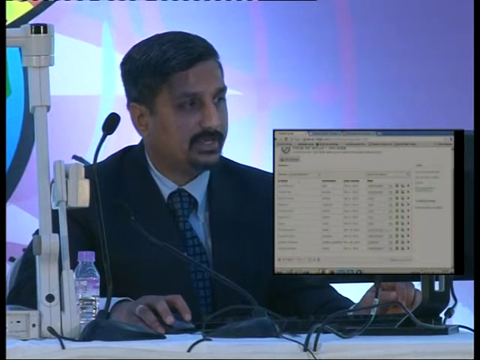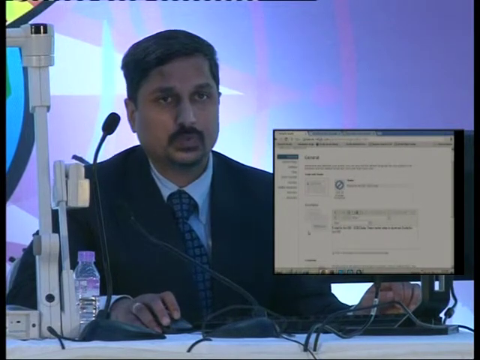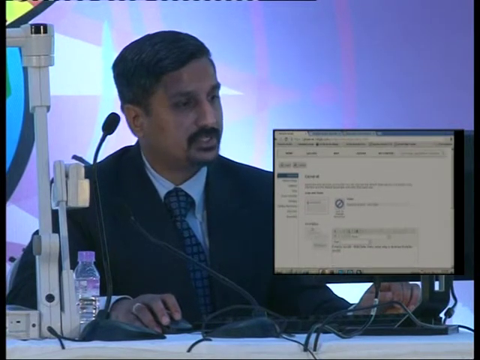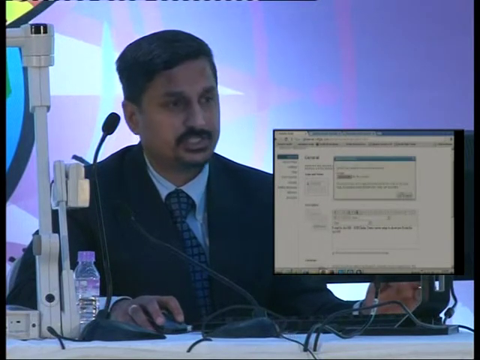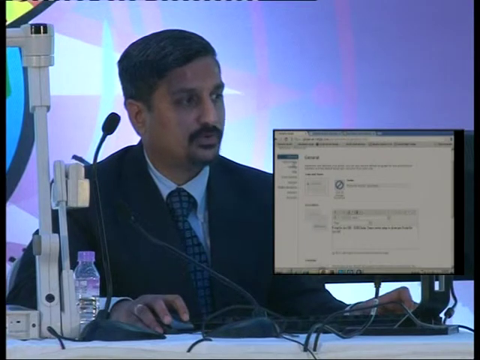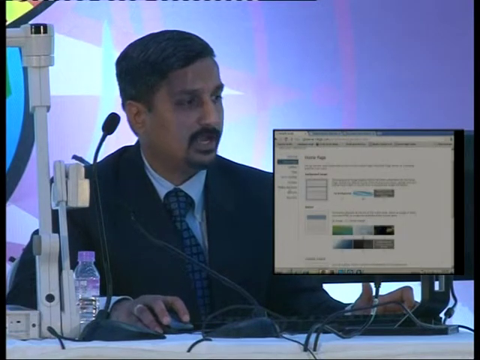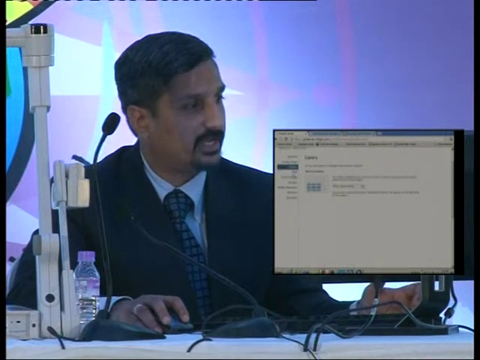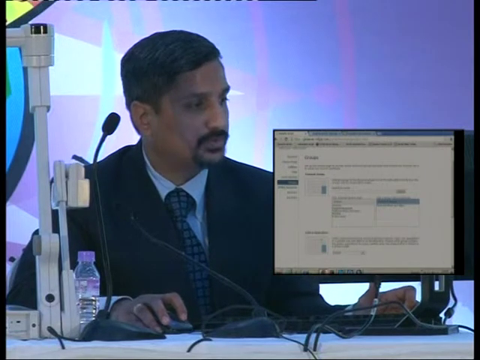Here I can edit the settings, how my portal interface should look for the users. These are the general information. If I want to change my logo, I can just change it. If I want to change my home page to look in a different style, I can do it. And maps and galleries, how they should look, I can change. And I can manage the groups through here.